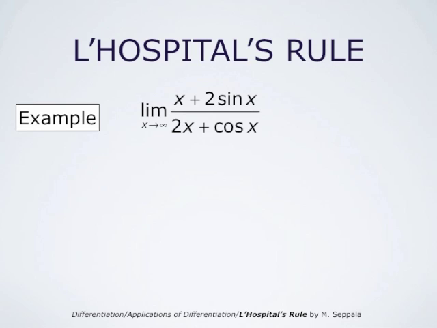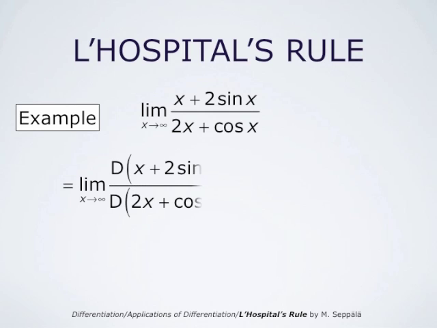L'Hopital's rule may lead to limits that do not exist, even in situations where the limit of the original expression does exist. An example of such a situation is the limit as x approaches infinity of x plus 2 times sine of x, divided by 2x plus cosine of x. As x approaches infinity, both numerator and denominator approach infinity. Therefore, we are tempted to use L'Hopital's rule and say that this limit is the same as the limit as x